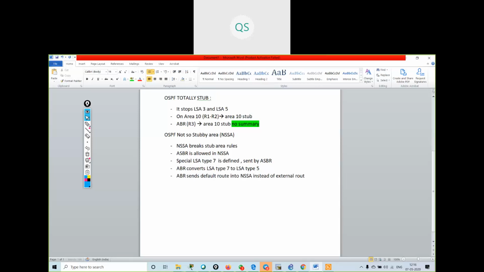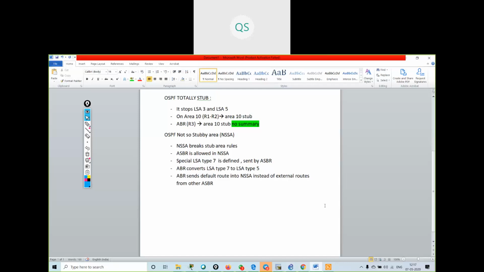So it will not give the external route information to all other area routers, it will give only one default route information from the other ASBR. Okay, so we will see the practical of this.